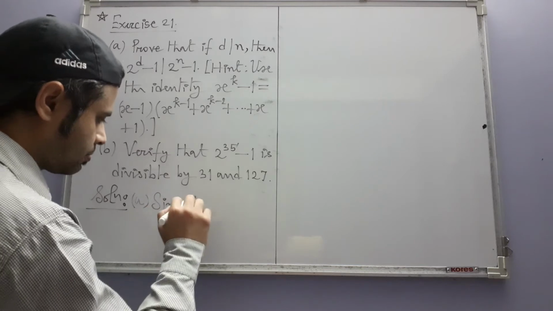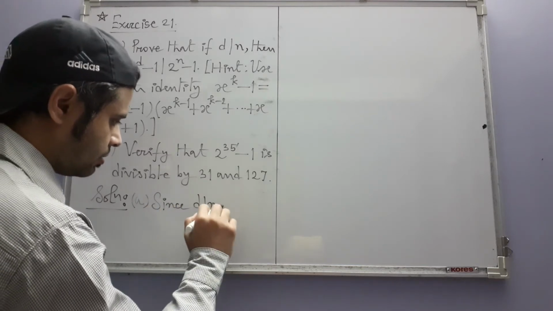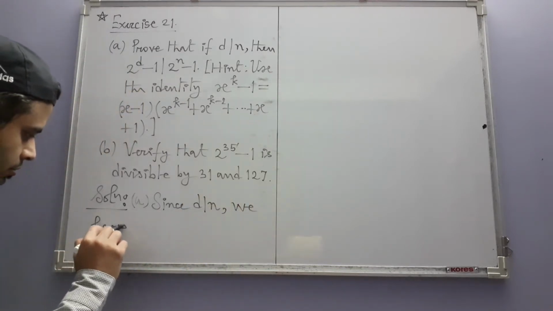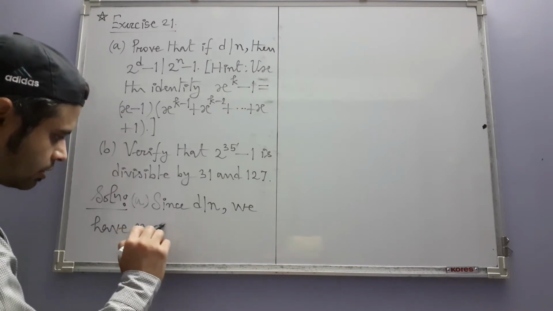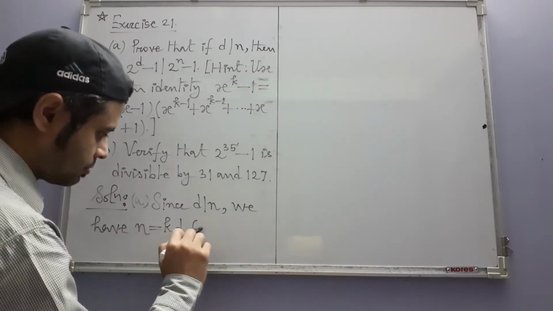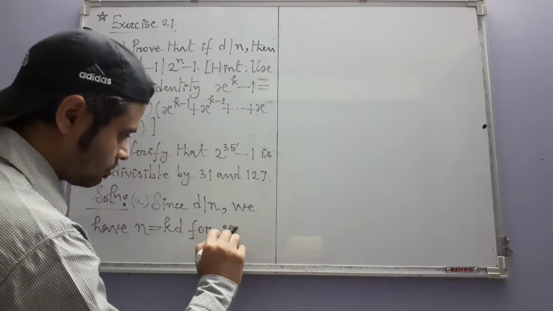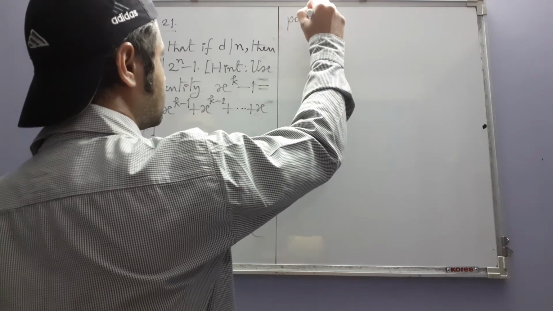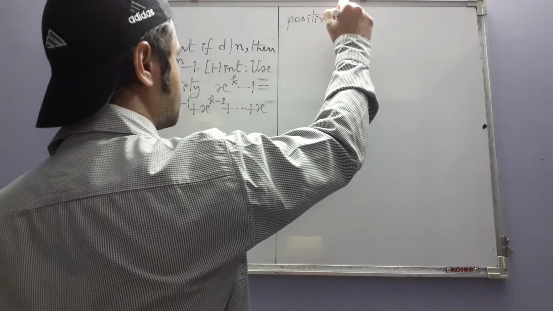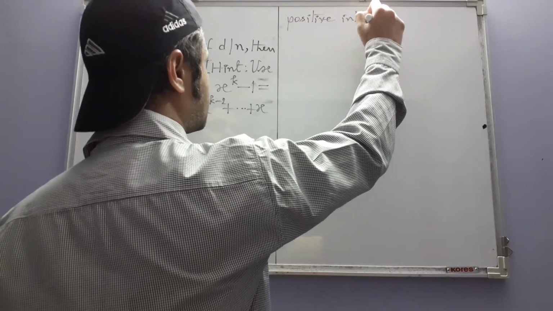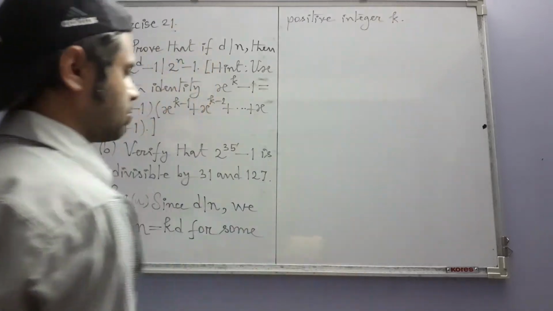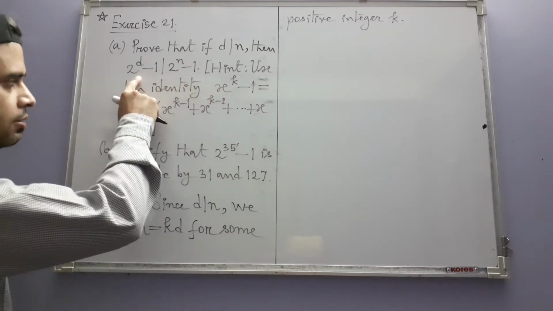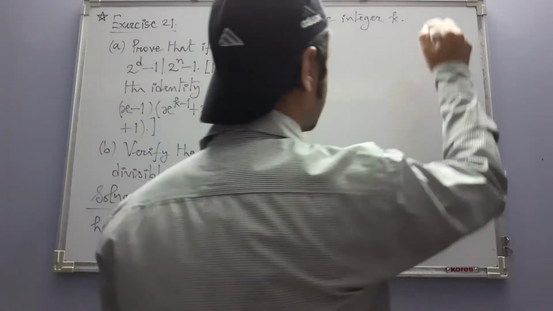Since d divides n, we have n equal to kd for some positive integer k. So we have to prove that this is divisible by this number. So we start with this. Then